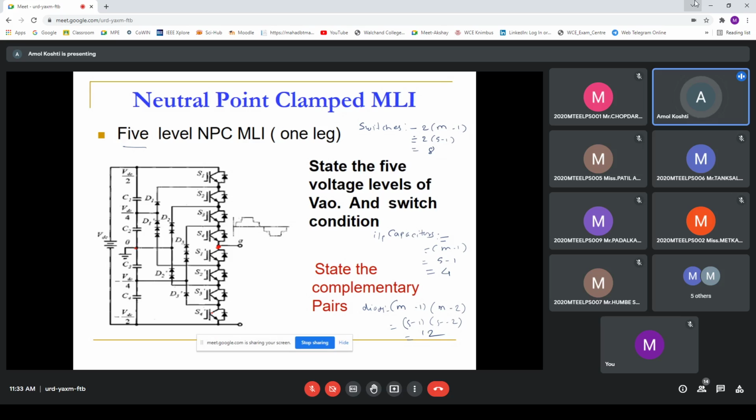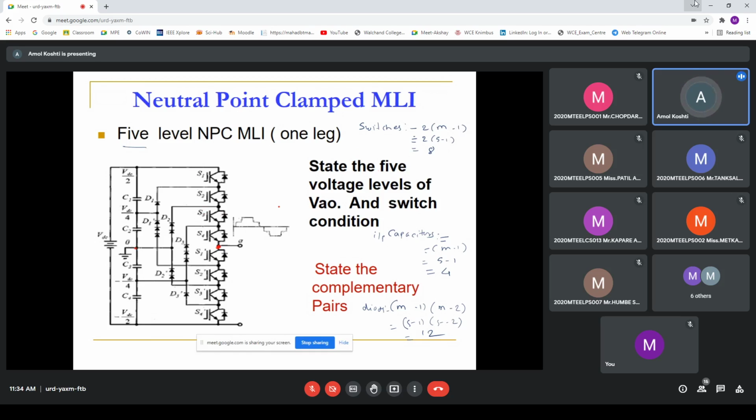Okay, for switching combinations, there is no hard and fast rule that for positive we have to use this and for negative we have to use this. It is the convention we are assuming. You can also produce the positive half by using the lower switches, or in between these two switches. It is up to you what logic we use. I am telling you this because if you refer to the book, in different groups you will get different switching combinations. So we assume whichever is easier to understand.